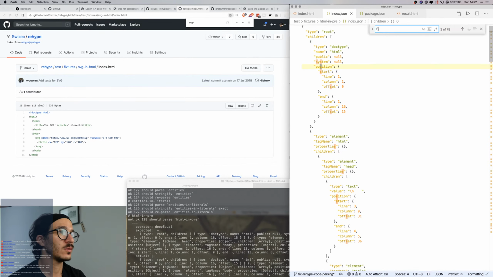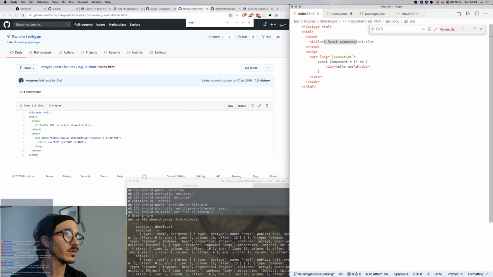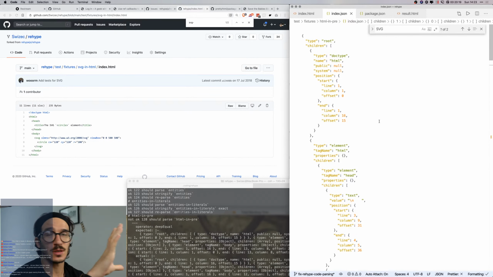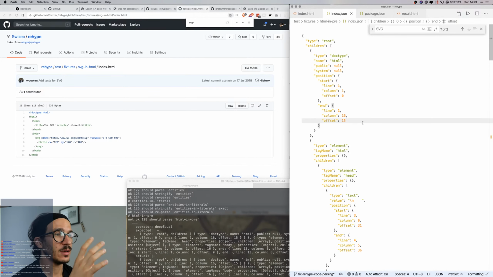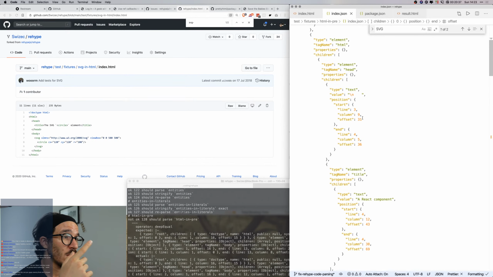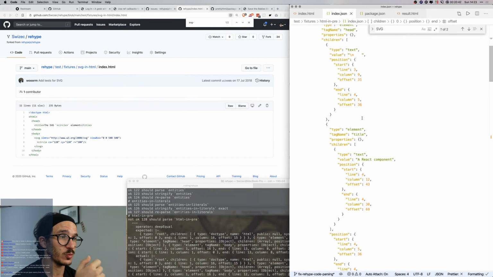So now I'm going to look for where, instead of the SVG circle element, a React component, because we changed the text there. So this should still be the same. Basically, this JSON is an AST of the HTML document as parsed by the parser, which is kind of like writing a compiler for HTML. And I'm now looking for where the inputs are changed so that I have to update the outputs.